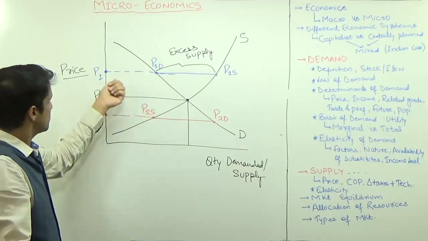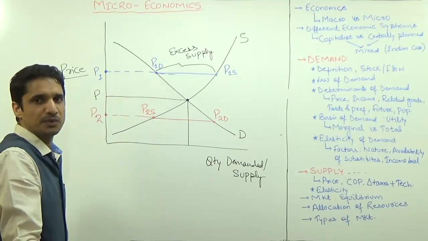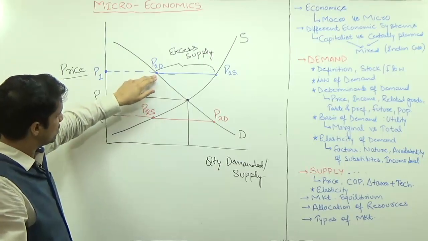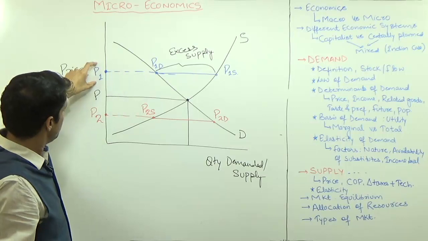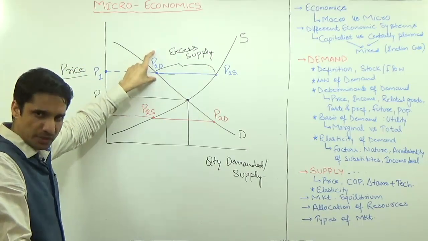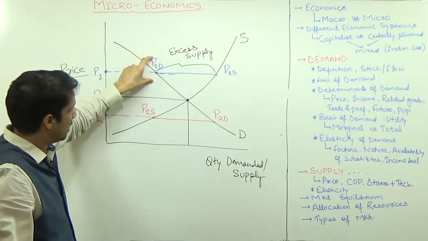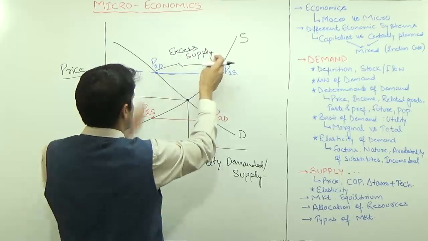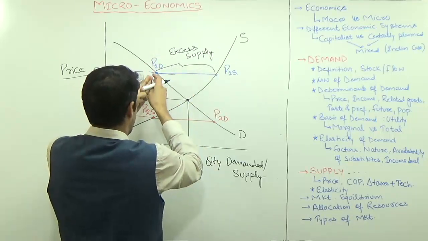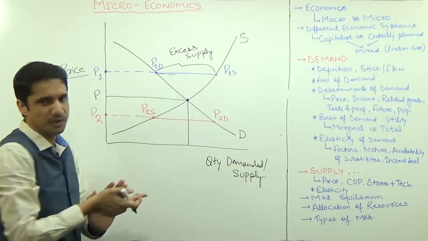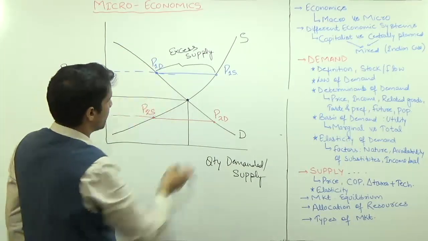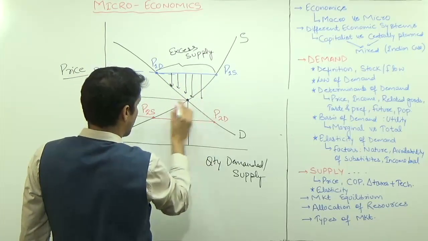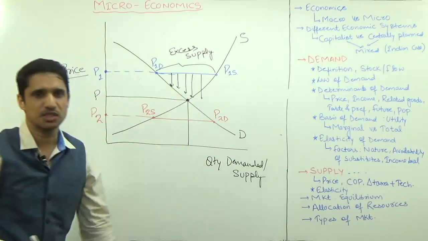Similarly, P1 is also not a good situation for the person who is consuming it, the demander, because whoever is consuming has to pay more price. So P1 is worst for the consumer, who is creating the demand, as well as the supplier, because the supplier will be forced into sales since this is the excess supply, and those who created the demand have to pay more price. So the demander also wants to decrease the price, the supplier also wants to decrease the price. So ultimately they will decrease it and finally it is going to come and meet at this point.